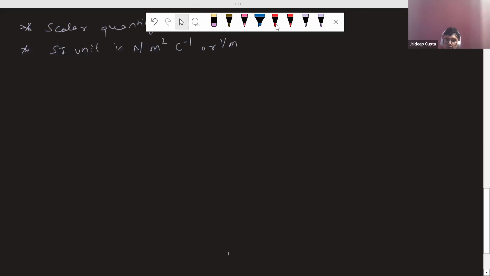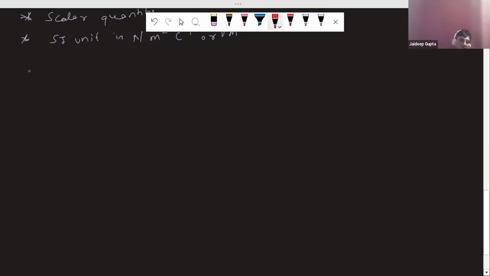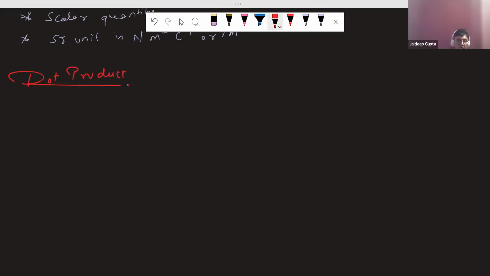Yeah, you basically multiply the vectors, right? Before moving further, let me tell you dot product. Let vector A equal A1 I cap, A2 J cap plus A3 K cap, and vector B equal B1 I cap, B2 J cap, B3 K cap. Now, if we have to find out the dot product A dot B,